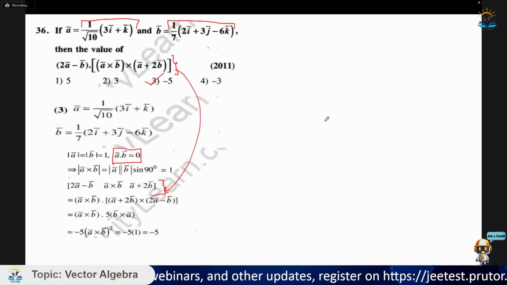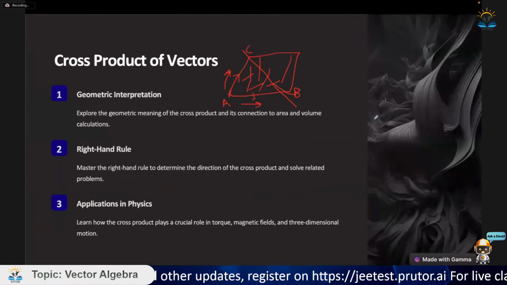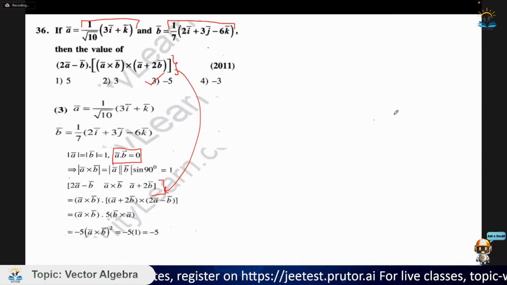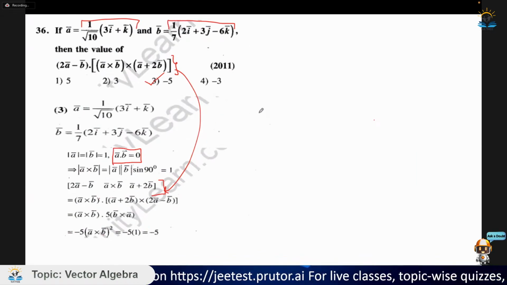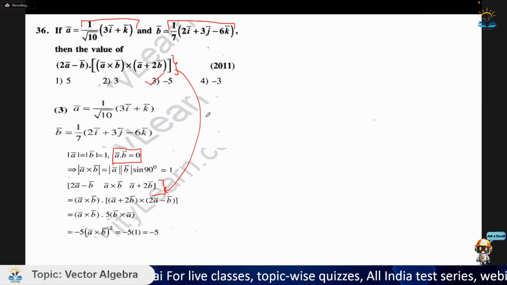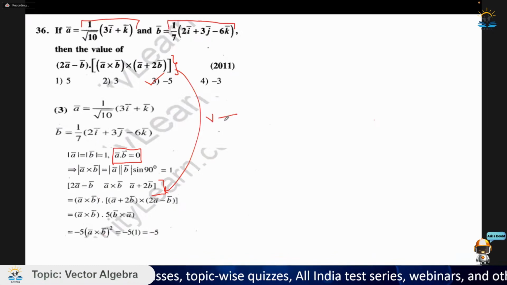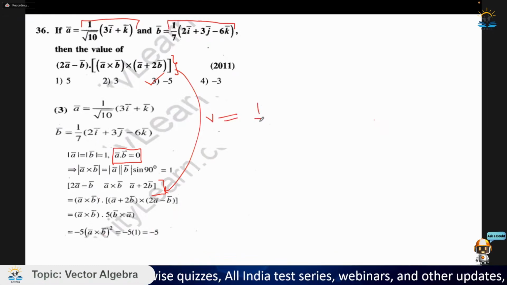Whatever we have used in the questions, I have covered it very briefly. I have not mentioned all the formulas, I have just said the important formulas, because you have already noted them. And मैं एक बार वॉल्यूम ऑफ टेट्राहेड्रॉन का फॉर्मूला भी लिख देता हूँ कि वॉल्यूम ऑफ टेट्राहेड्रॉन होता क्या है. So it will be 1 divided by